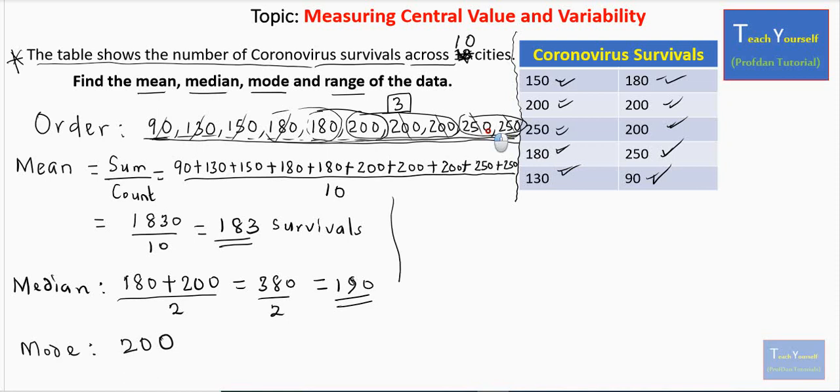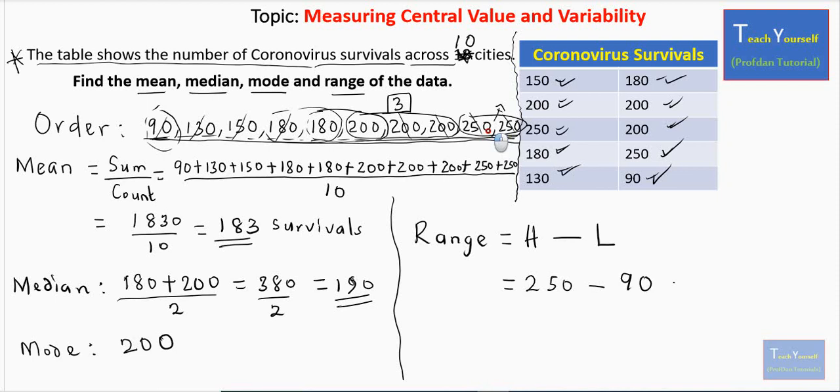And lastly, what is going to be the range? The range, the variability of this data set, is the highest, like we said, minus the lowest value. Since we've ordered it, we can see the highest value is very obvious here as 250. So we have 250 minus the lowest value, which is 90. And this finally gives you 160. So the variability is